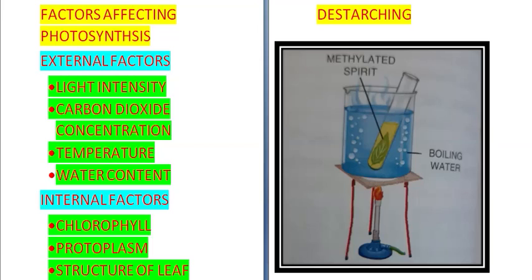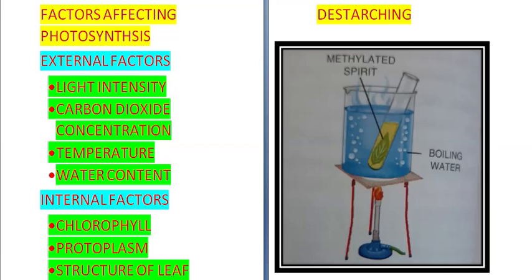Plant used for the experiments of photosynthesis is kept in dark for 24 to 48 hours. This will remove all the starch from the plant, and now whatever new starch will be produced, that will be produced under experimental conditions. So a plant from whose leaves starch has been removed is called a de-starched plant. You can test whether the de-starching has been done or not by testing a leaf for starch.